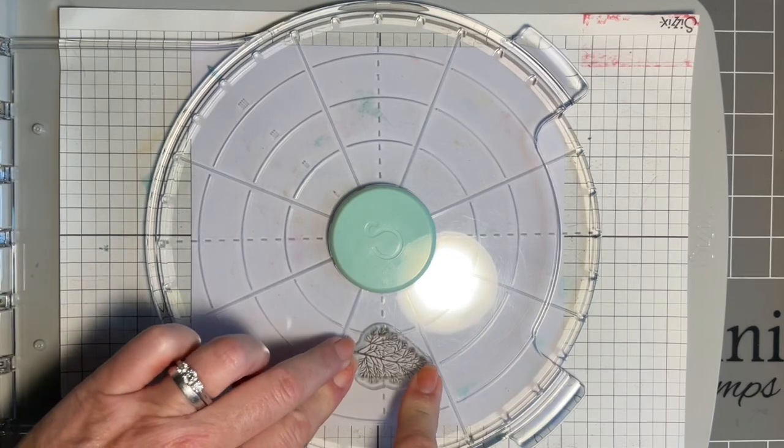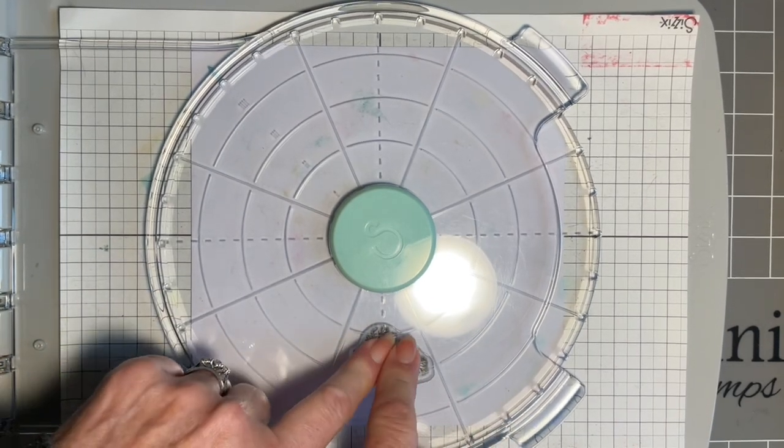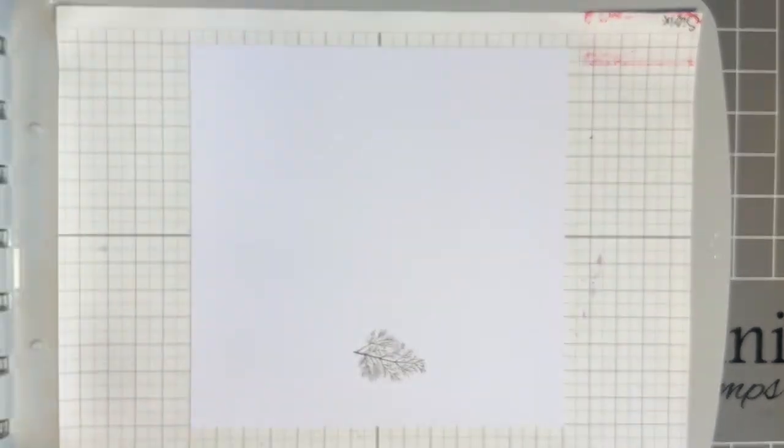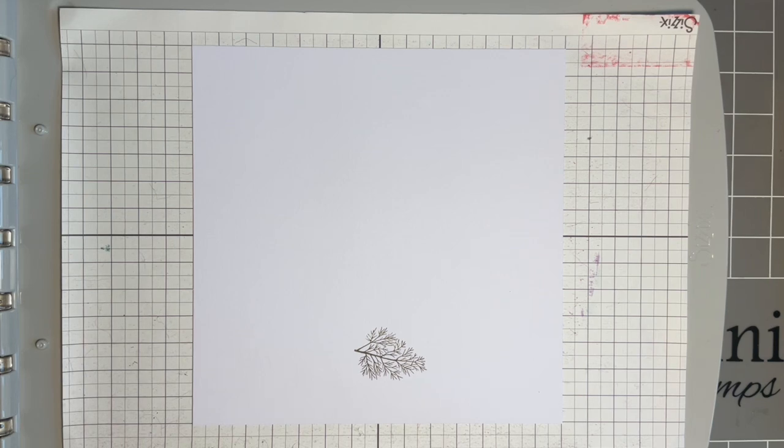Bring it round and stamp, a gentle press. Now I'm sorry, you will get a glare from my lamp here. Gentle press, lift up. If I'm not happy, I can stamp again. But I'm just going to ink up, and you can either ink up or move it first, it doesn't matter,